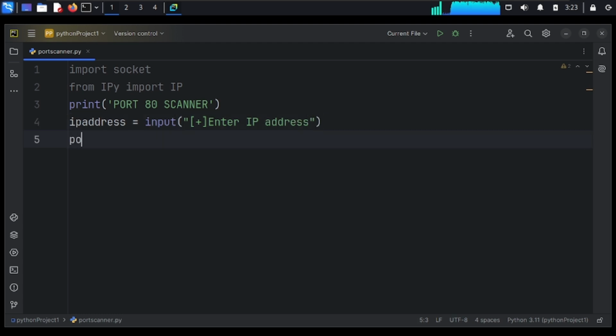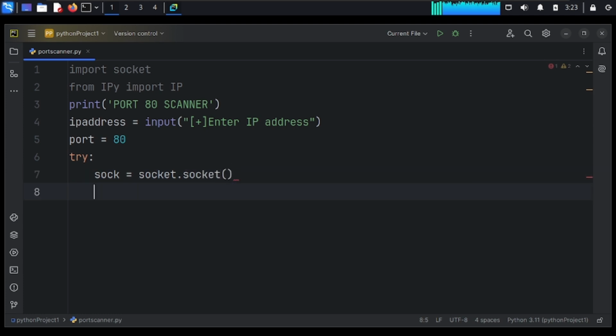Then I have defined the port 80. Like an if-else statement, here we use try and except. Then I define sock equal to the socket.socket function. You can give any name to the socket.socket function. After that sock will try to connect to the IP address and port,